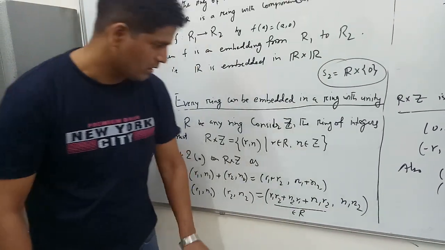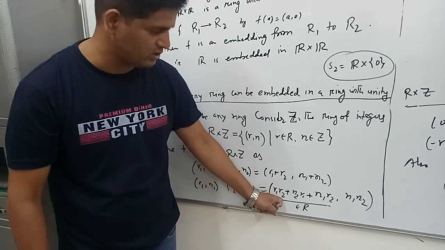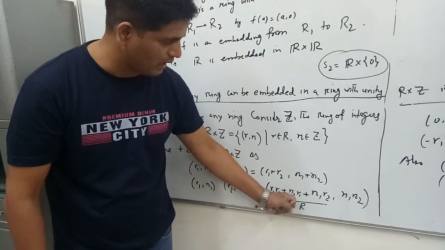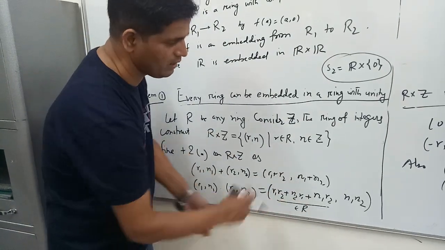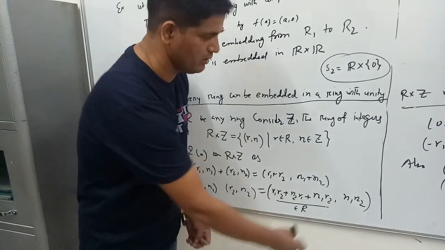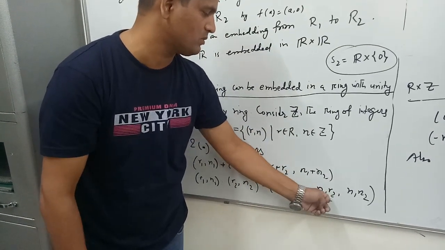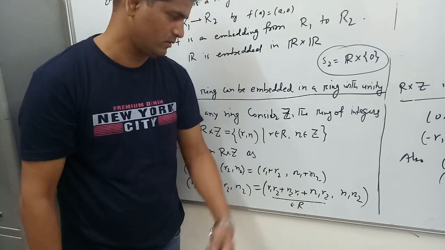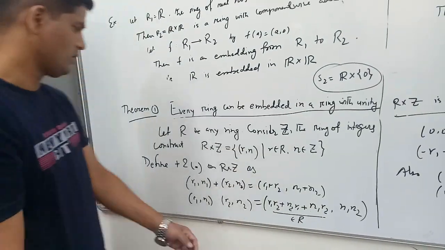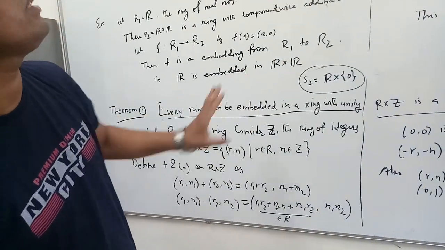This part is okay. Now for r1 r2, these two are members of R, so their product is in R. Now n2 times r1 is in R, and so their sum is also in R, and n1 times r2, with r2 in R, is also in R, so their sum is also in R, closed under addition.